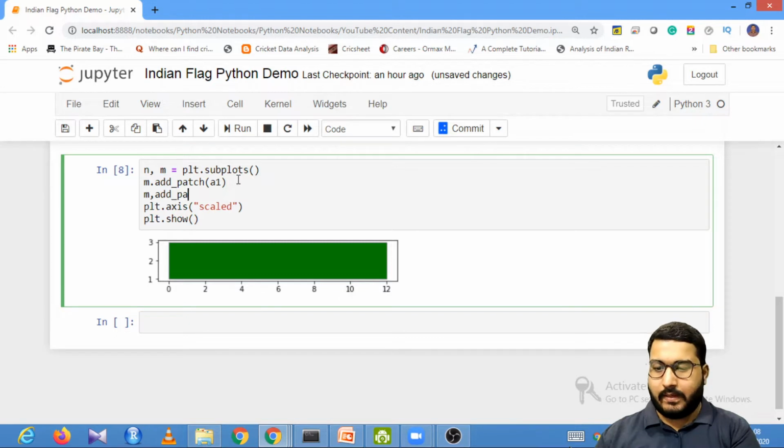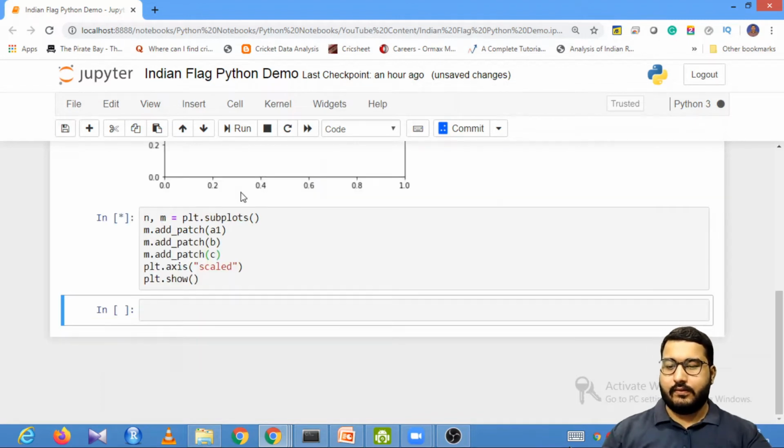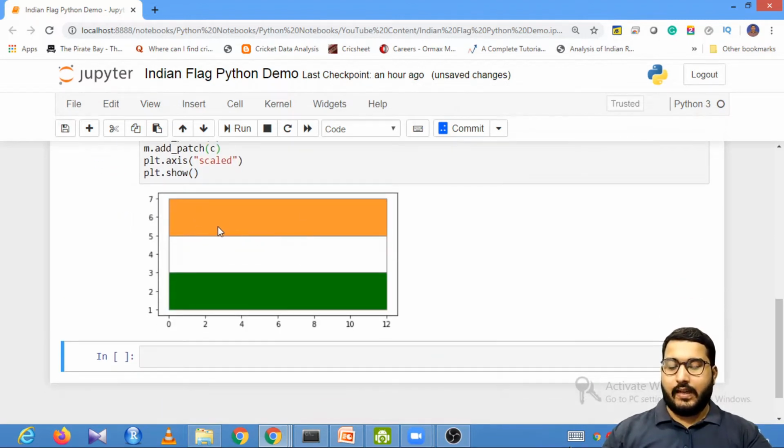Now my second patch is patch number B, and the third patch, so over here there will be a dot, not the comma. The third one is m dot add patch and your C. So now you can see that we have completed the step number 1, in which we were required to create